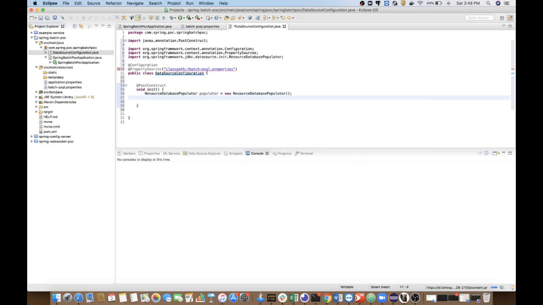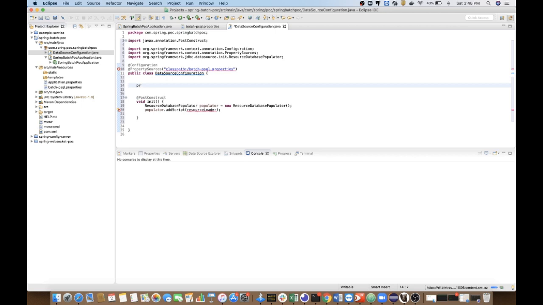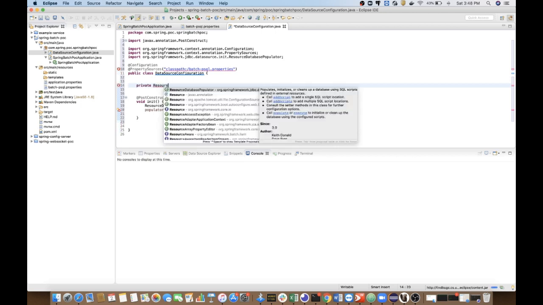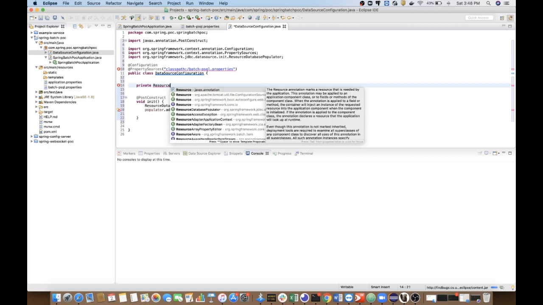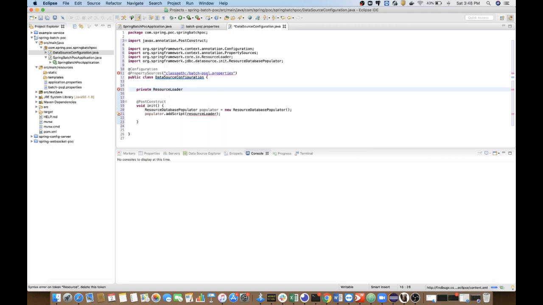First of all, we need to add a script in the populator. Add script. Now I need to fetch the script from my system, so I need a ResourceLoader. I need to create a reference here.